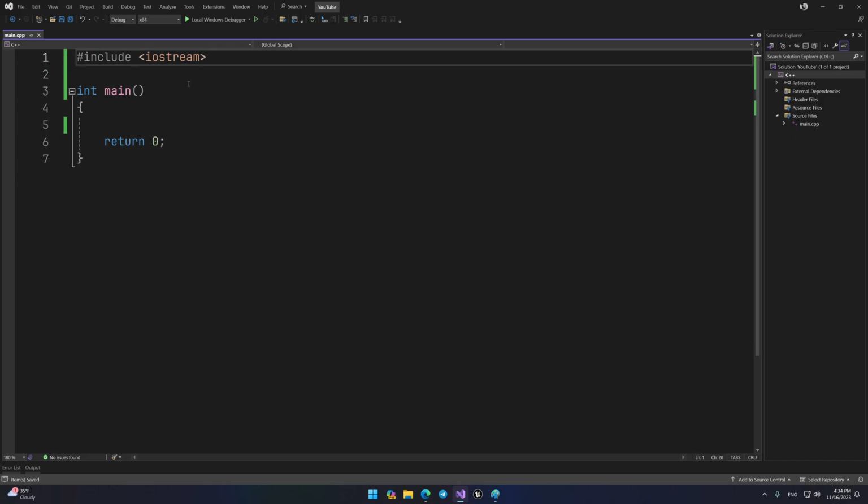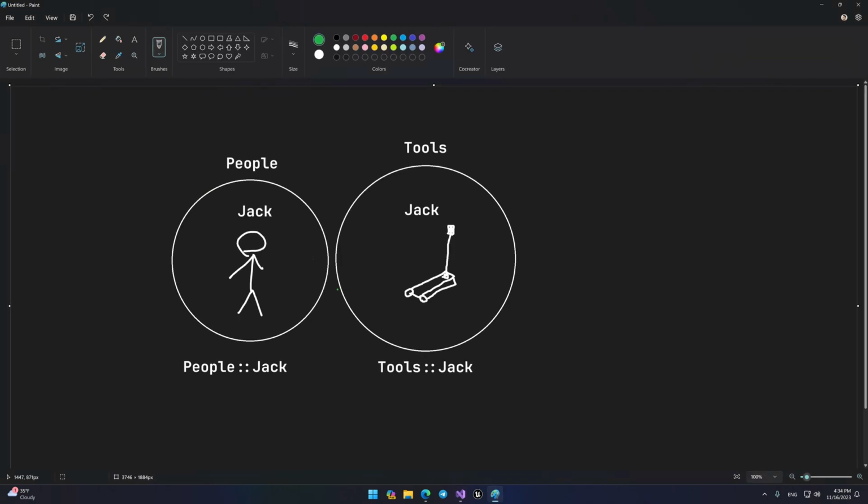Every entity in C++ that has its own name can be placed in a specific area, which also has its own name. Imagine that you are an entity called Jack. You are human, but the Jack instrument is next to you. And so, you and the tool ended up in the C++ program. How can a program understand that the word Jack is a person or a tool? You can put these names in different areas that have their own names. For example, you could put the Jack person in an area called People, and the Jack tool can be placed in the area named Tools.